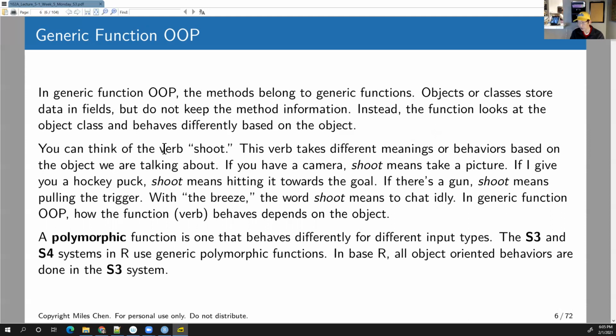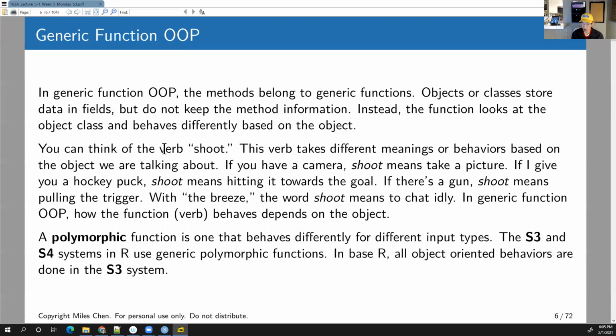In generic function OOP, the methods belong to generic functions. So objects or classes will store data in fields, but they don't keep the method information. So the methods belong to the function. They belong to the generic functions. The functions will look at the object class and behave differently based on the